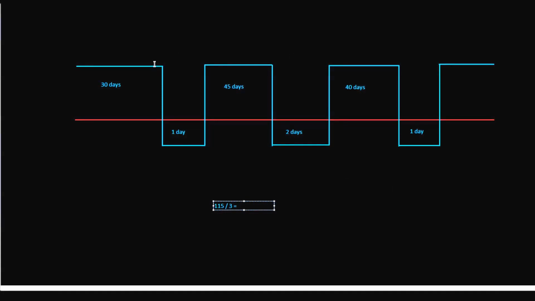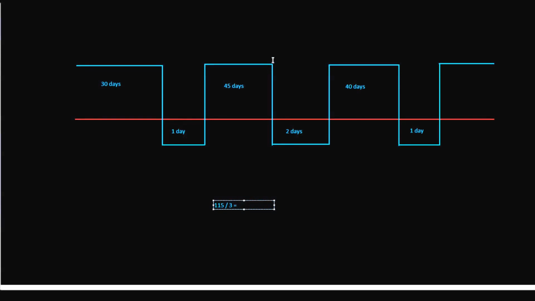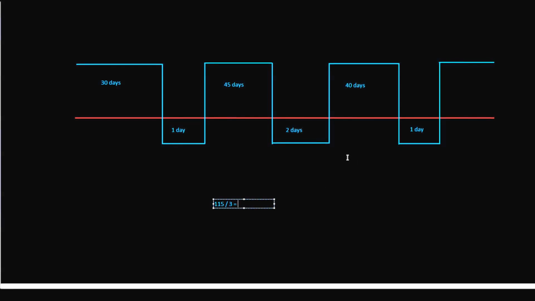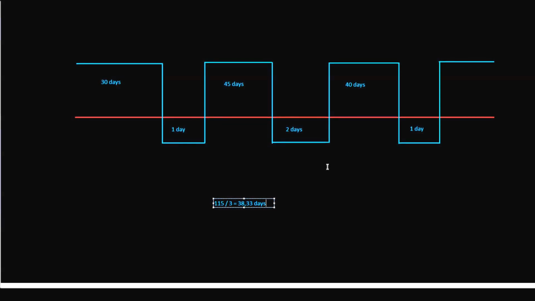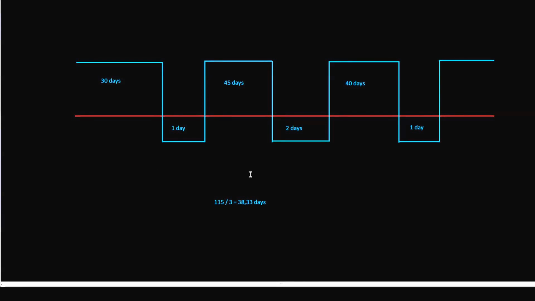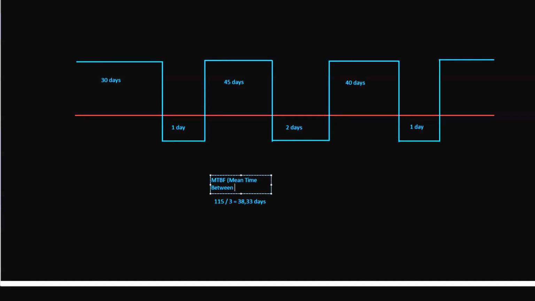failures. Here happened something because we have a downtime. Here again happened something because we have another downtime. And finally here we have a final third failure. We have this downtime. So 115 divided by 3, it's about 38.33 days. This means that the machine we are studying, this machine behavior, has an average uptime of about 38 days. The MTBF, it means mean time between failure,